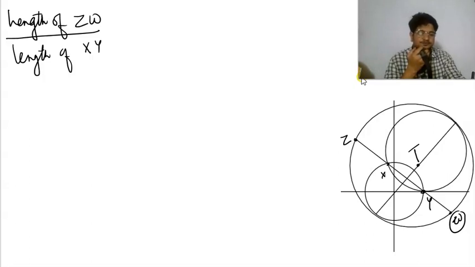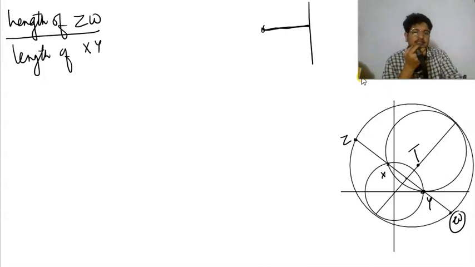We all know that there is a point and a line given, so we can find the perpendicular distance. Similar thing we will apply here. We know this point as 9 by 5 and 12 by 5, and this point is 0 comma 0. So we can find this distance by the perpendicular distance formula, and we can also find this distance.